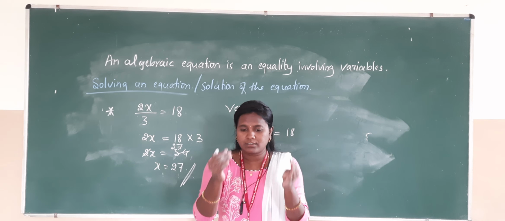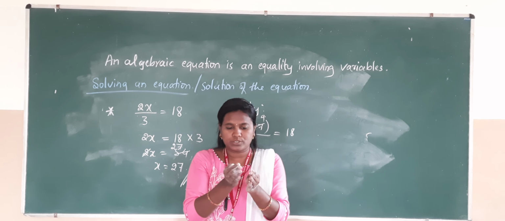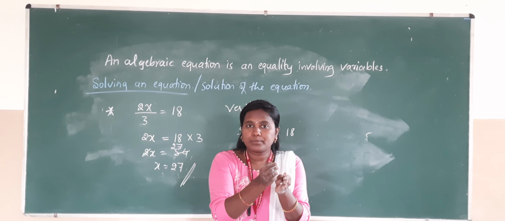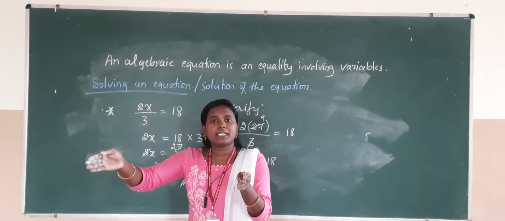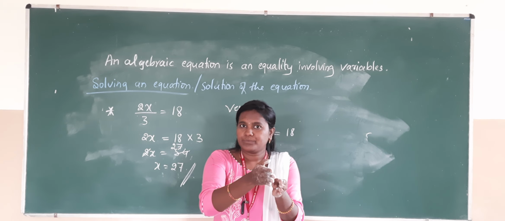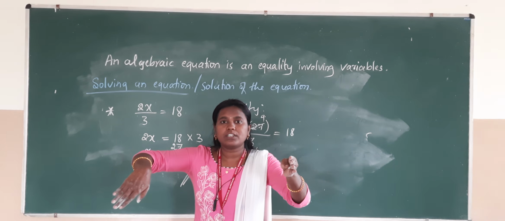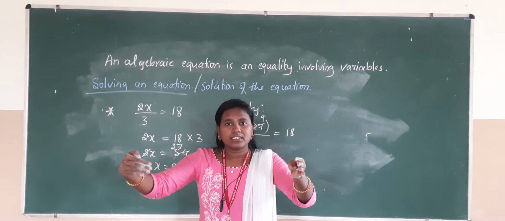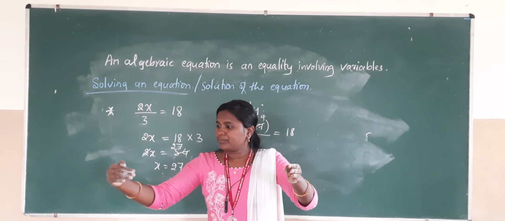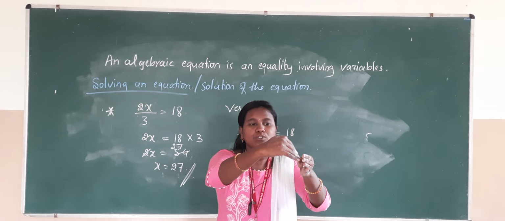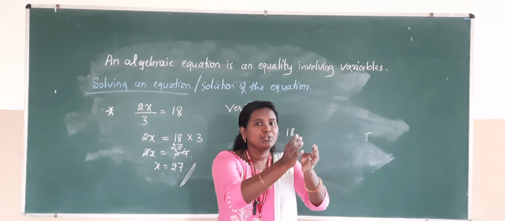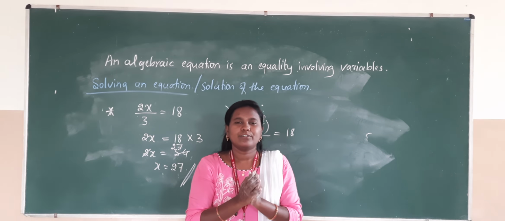Transposition: if you transpose from one side to the other side, if it is plus, when you transpose it will become minus. If it is minus, when you transpose it will become plus. If it is multiplied, when you transpose it will become divided by. If it is in the denominator, or if it is divided, when you transpose it will become multiplied, or it will come to the place of the numerator. Yes. In the next class, we will solve some other